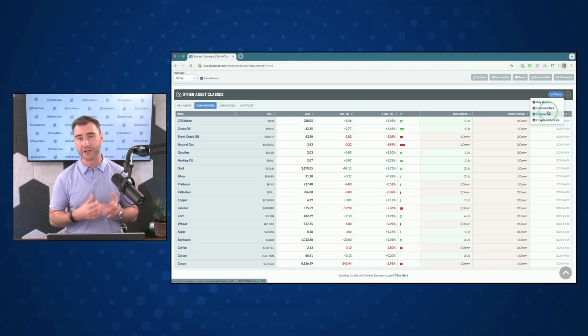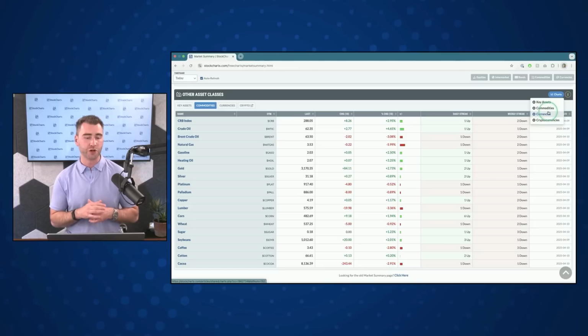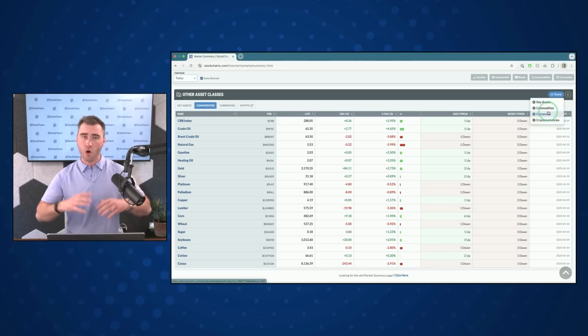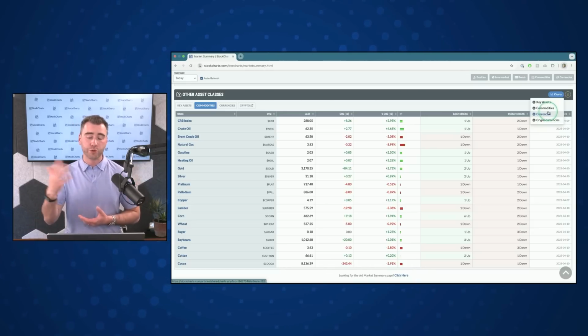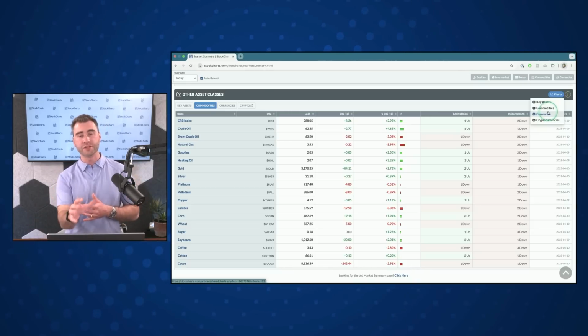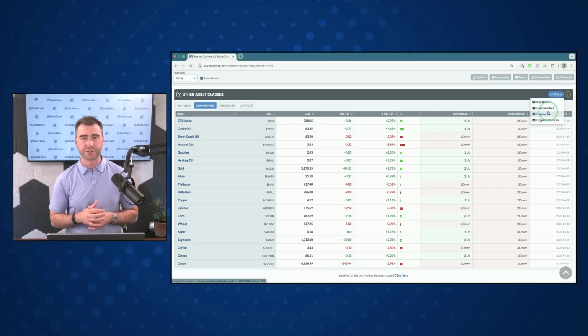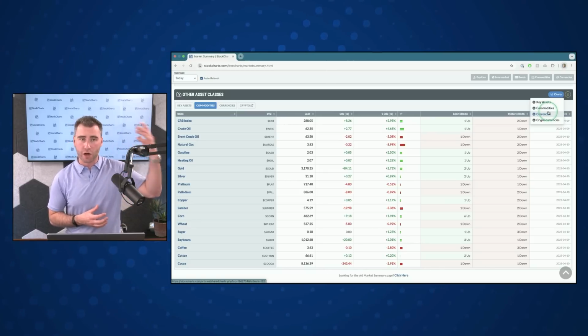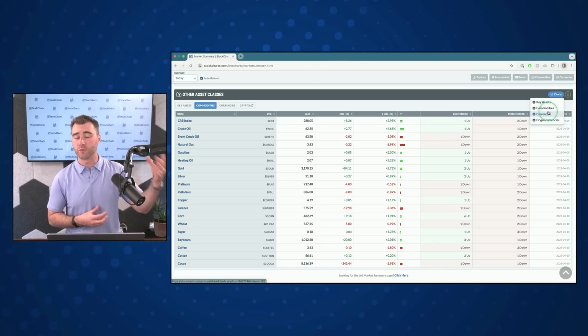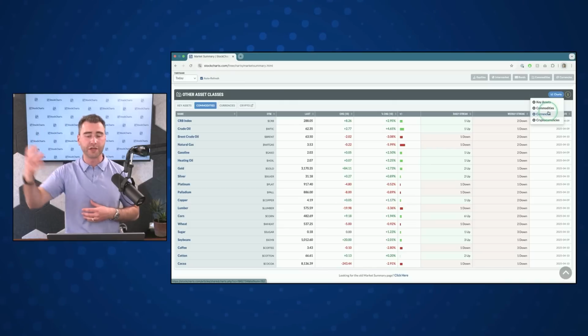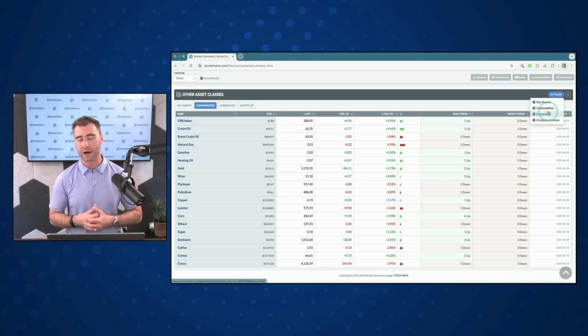All you got to do is hit the button to install it. We'll have more information on that very, very soon. But once that chart pack comes out, you're going to be able to install that into your account, and all of these charts that we're talking about, all of these lists, will be added right to your StockCharts account. So you'll be able to use this page, follow along, use this as a resource to understand what's happening in the markets, but you'll also get all of these different charts in your own account without having to go and